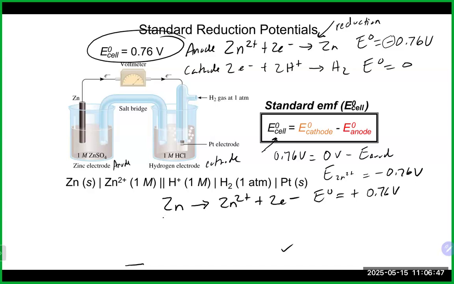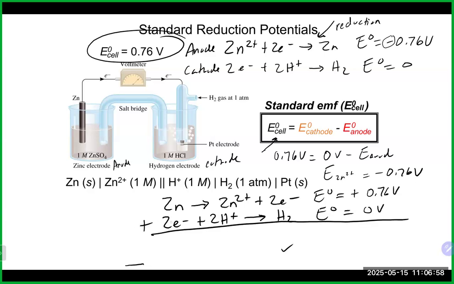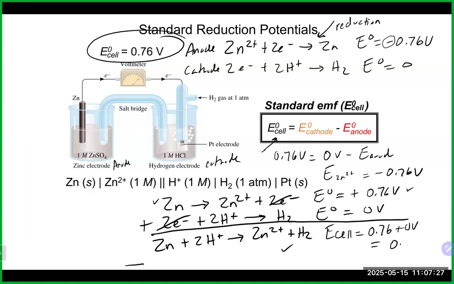Then when I add it to my other reaction here, which is my hydrogen one, and my E naught for that is 0 volts, that means when I add it together, the electrons will cancel out correctly. It will give us our overall reaction that's actually taking place, just like we did with our other redox reaction. Now, because I switched the sign and gave the value that truly goes with the oxidation reaction, I actually need to add those numbers together to get the E of the cell. So I would take 0.76, the positive version of it, plus 0 volts, which gives me 0.76 volts